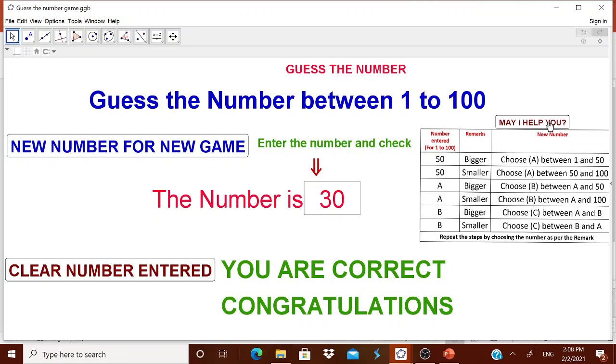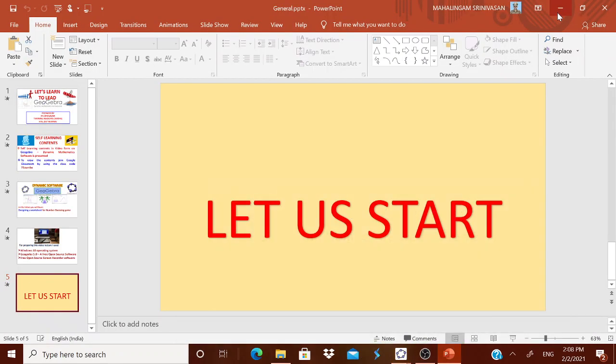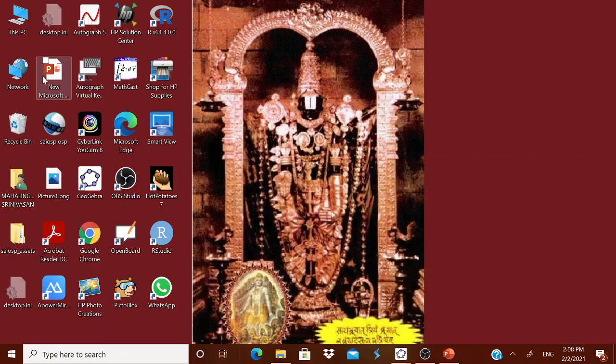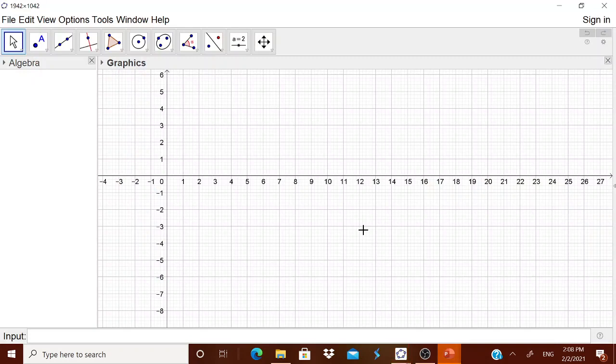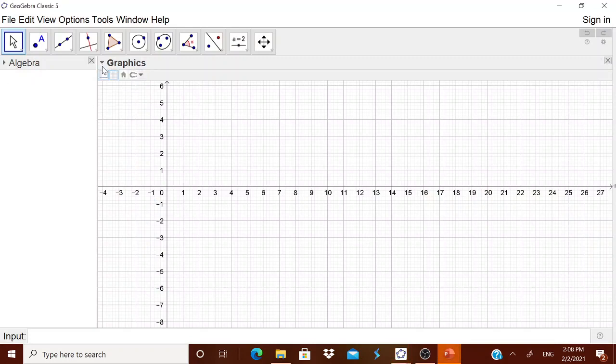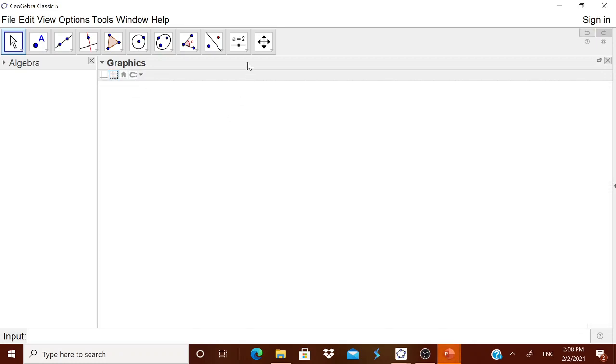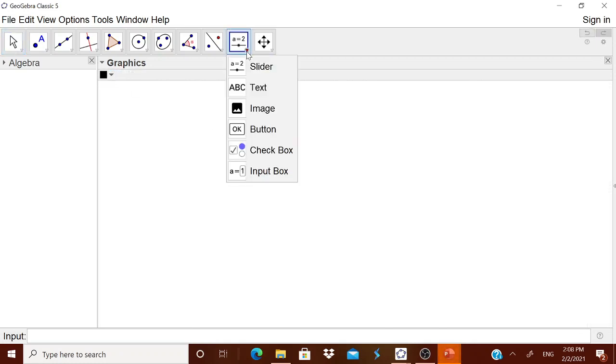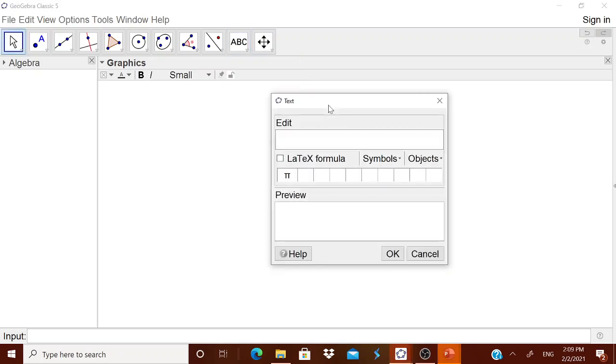Let us try to design this dynamic worksheet from scratch. For that I have taken a GeoGebra Classic 5 worksheet, where I have taken the normal view, and in the graphics let me remove these two. Now let me go for this ABC tool and type the text: Guess a number from 1 to 100.